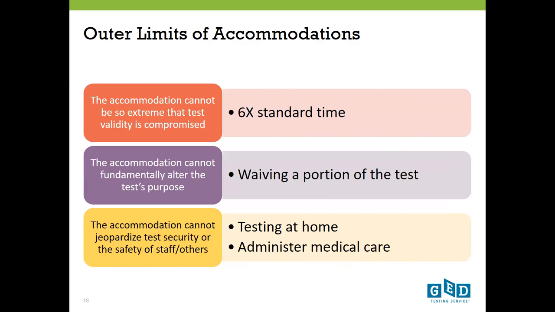We've had candidates that have been on vents and they need to be suctioned. And so the PCA needs to be sitting right there by them in case there's an emergency. And we can make those kinds of things work. You just need to work with us and we will make that work.